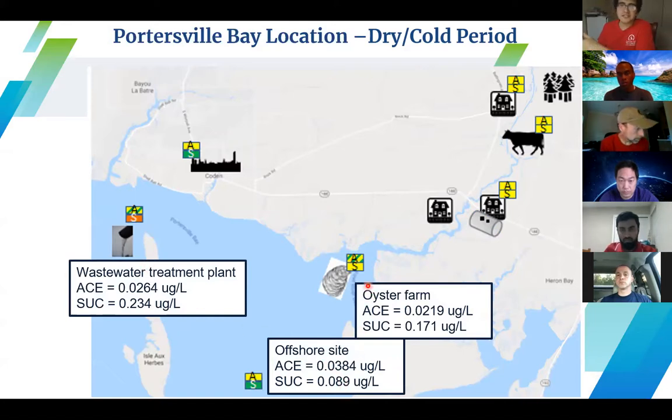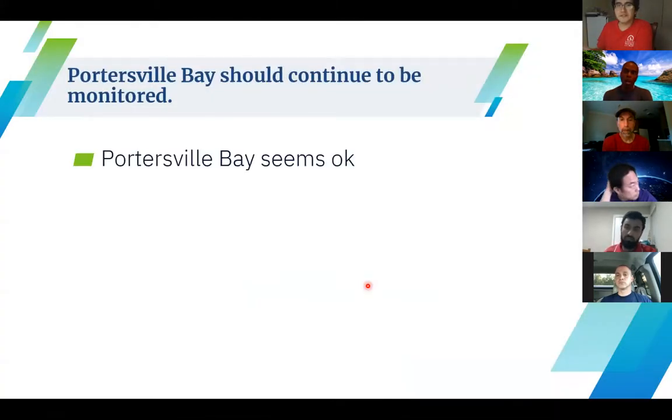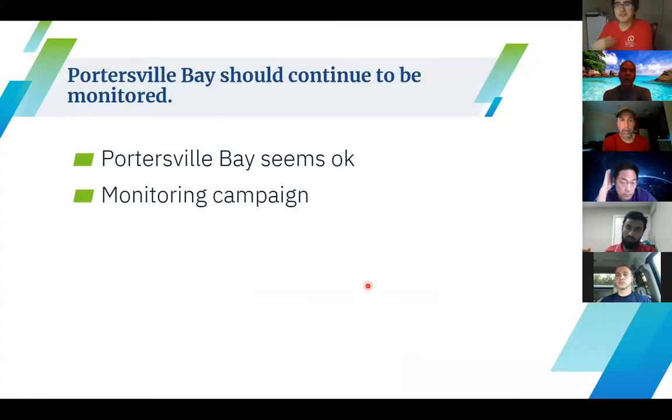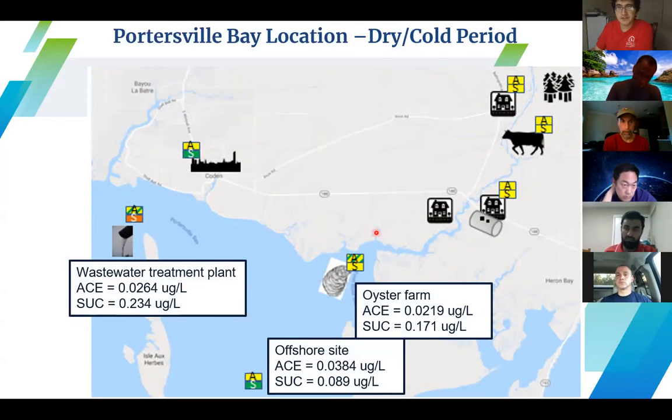It seems that the contamination amounts of these artificial sweeteners are relatively consistent throughout both periods, and this type of monitoring will be used to further identify what potential areas, perhaps upstream along this way, might be generating so much artificial sweetener that would make the oyster farm at risk of sewage contamination.